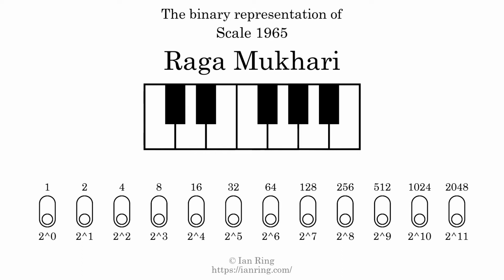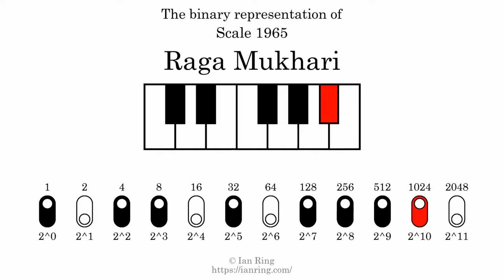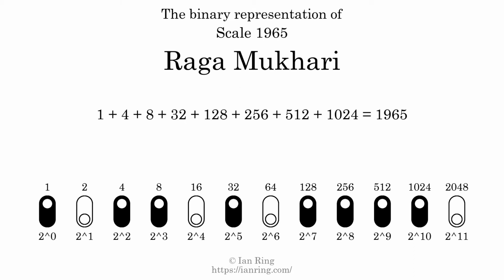The binary representation of this scale is determined by mapping tones of the scale to binary digits. Each binary digit represents a power of 2. To get the scale number, we add the powers of 2 together. The powers of 2 that are present in the scale, all added together, equals 1965. That is why the scale number, in decimal, is 1965. The scale number not only enumerates the scale with a unique index, but it also literally describes the tonal content of the scale. Represented as a binary number in base 2, the scale number is